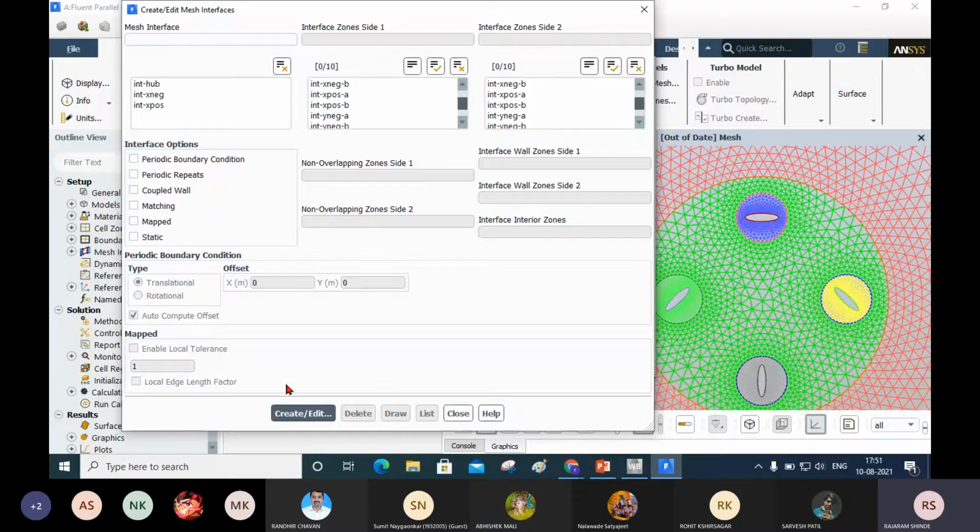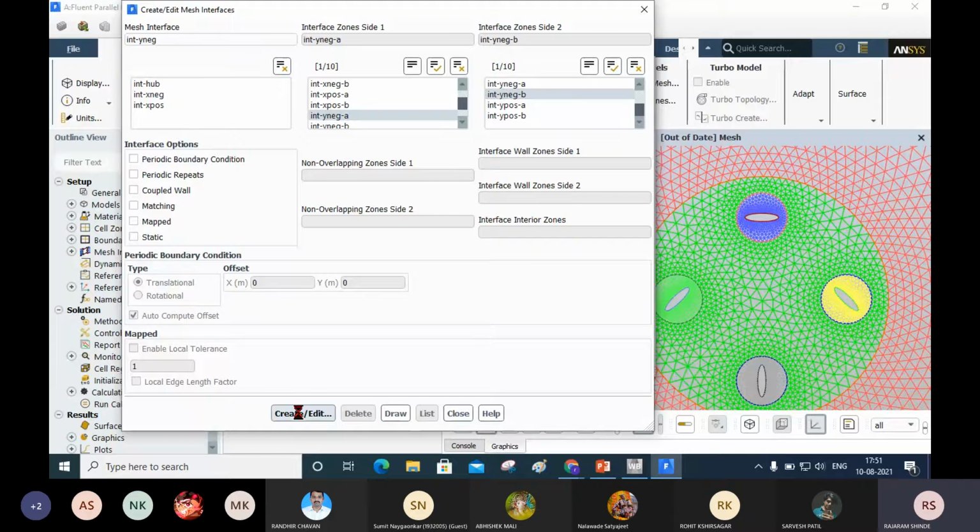Now two more interfaces, on y positive and y negative. So I will write here interface y negative, so that I am going to set int y negative a and int y negative b, okay, this one. Now I'm going to select create edit.